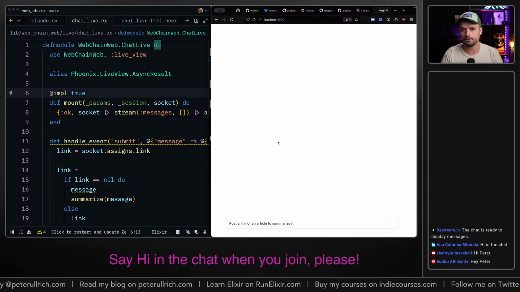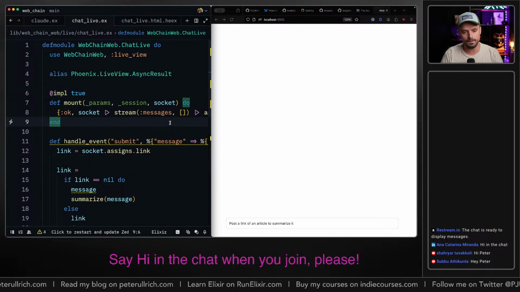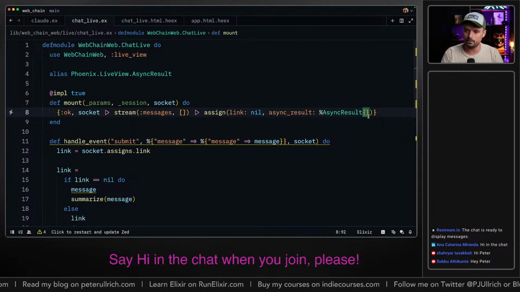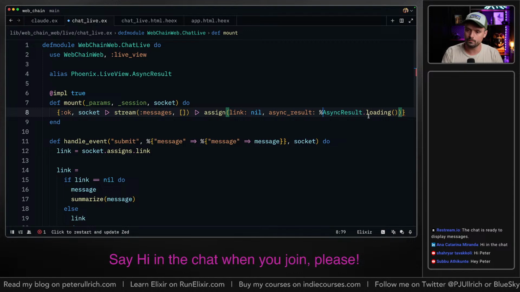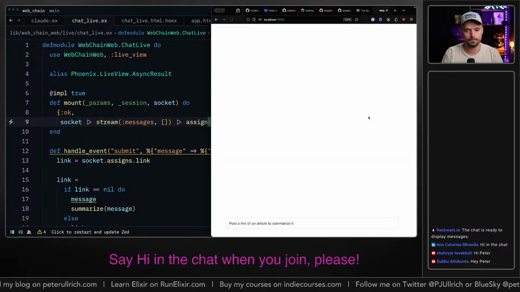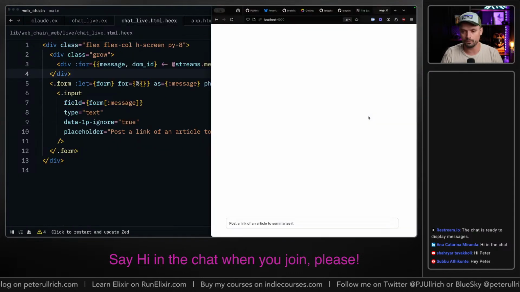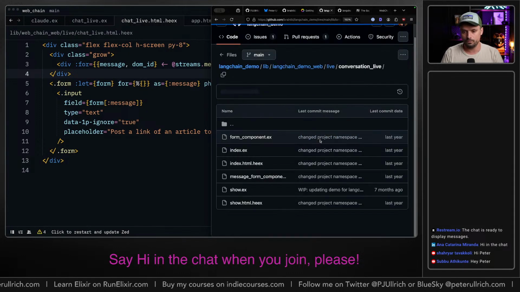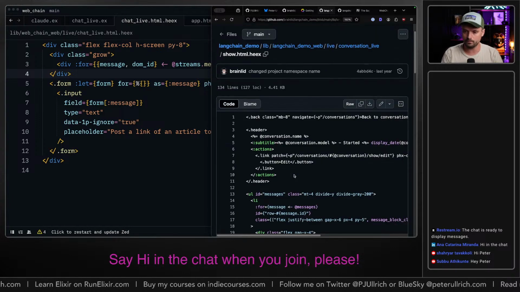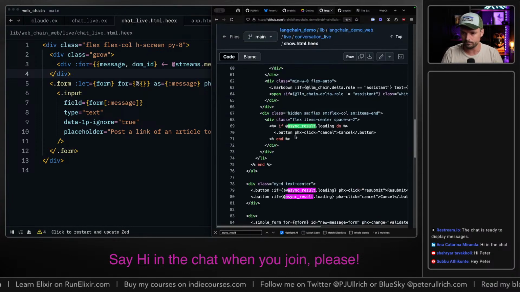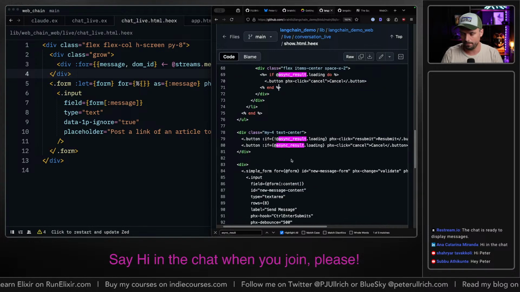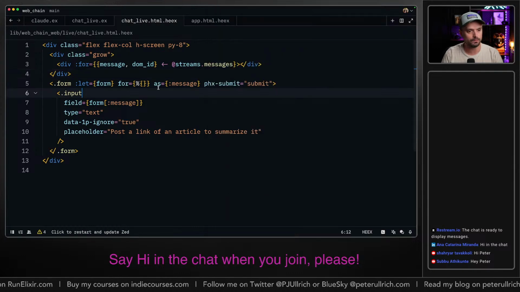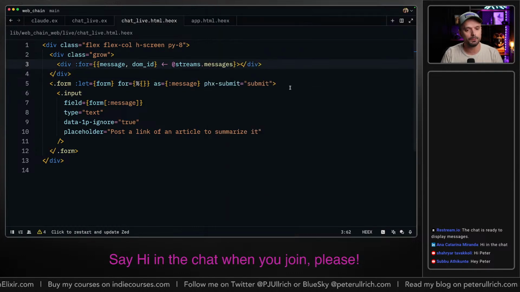All right, let's see if this is working. For now, we're gonna do loading. And now we can show how it looks here, the async result. Where should we put it?